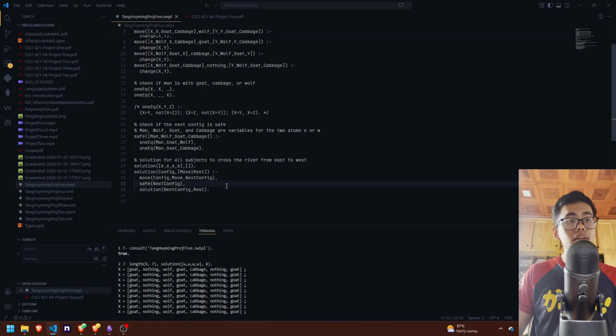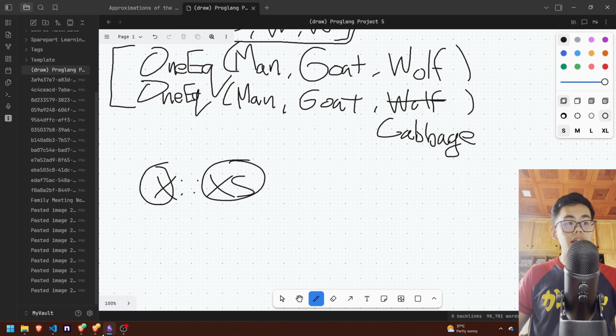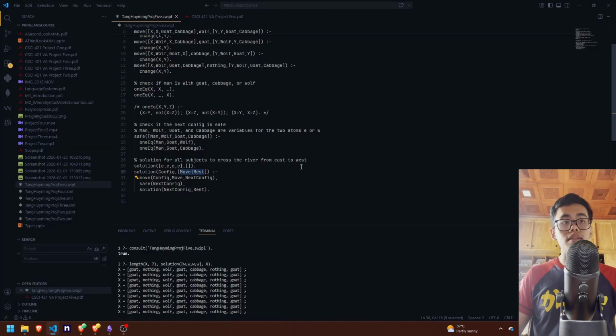The second pattern takes in the config and then it destructures a list into move and into the tail of the list. This is similar to ML's list destructuring, where you have something like this. X is the head, XS is the tail. This is Prolog's list destructuring. So in the second pattern,